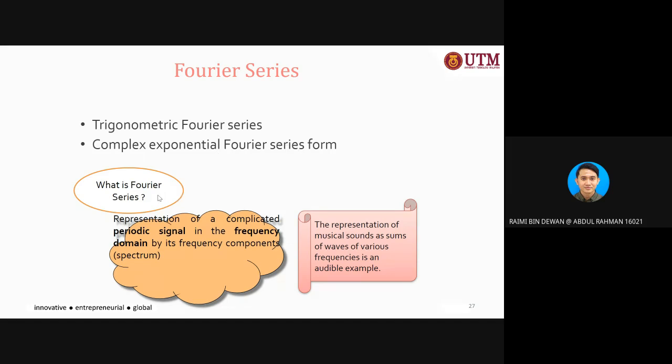What is Fourier series? It is the representation of a complicated periodic signal in the frequency domain by its frequency components. Complicated, because if we represent our signal as a periodic signal, it will be complicated. So that's why we are using Fourier series to represent or to solve our answer. That's why we are using the frequency spectrum, using Fourier series instead of